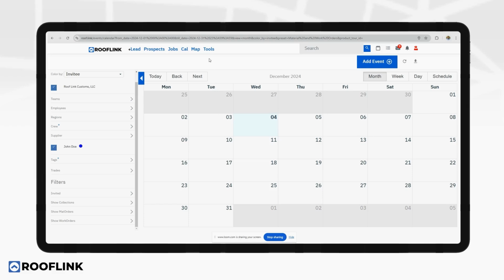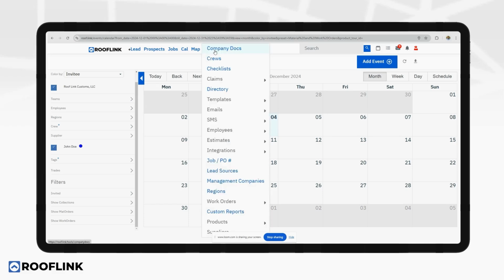All right. And we're going to go over here and talk a little bit about our tools menu. We have a company share drive that you guys can use at your company to share documents, shingle pamphlets and color selection, or insurance cards, things like that. We absolutely keep track of all of your